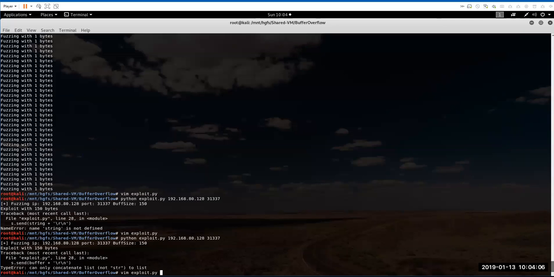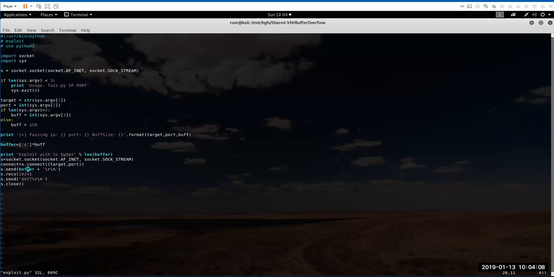And only concatenate strings. Okay, so it's because buffer, it's not a node. Right, buffer equals buff. I'm gonna call this my buffer. I'll give you this code in a second. But